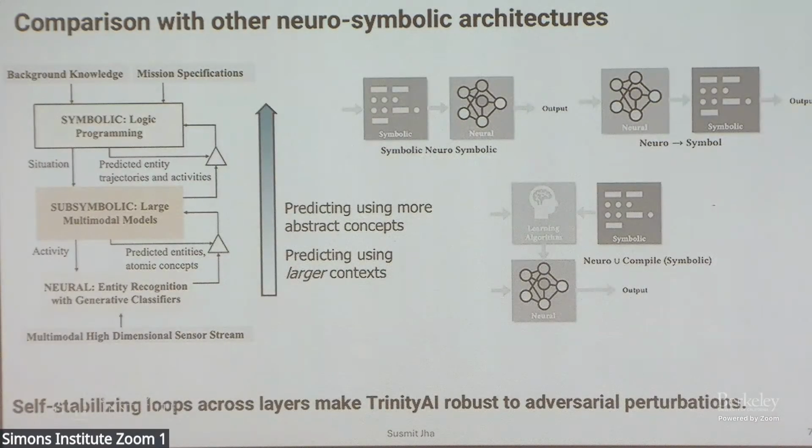And there's a plethora of different neurosymbolic architectures. A lot of them have several different advantages. One key distinction I will point out between what we have and what exists out there is that usually what you see is a very layered architecture. You have a neural model feeding into a symbolic layer, and then the symbolic layer will make decisions. Or you have a symbolic model feeding input into a neural layer, and that's going to make decisions. What we have here, as I mentioned earlier, is a cyclic loop between these models. And we believe that this self-stabilizing loop is the key reason why this becomes much more robust. Because to fool the system now, you have to fool it at multiple levels of abstraction and have them be consistent with each other, which is really challenging.